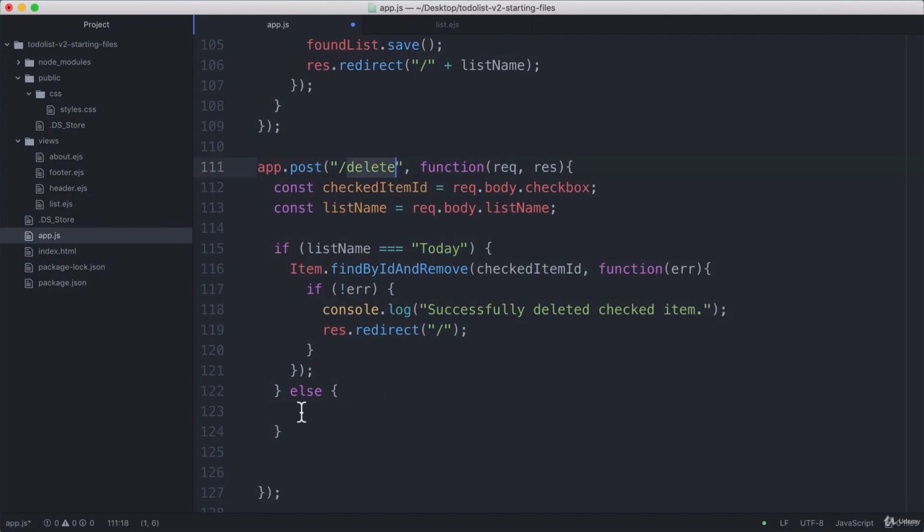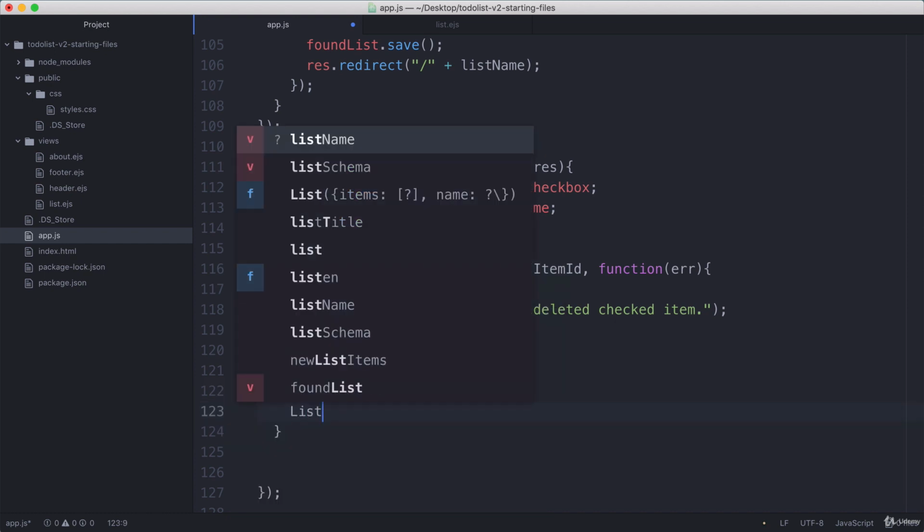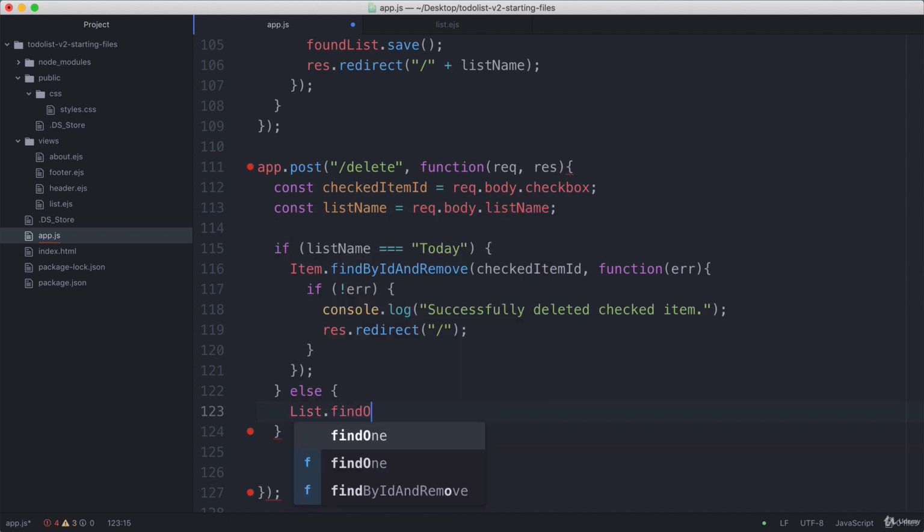Inside our delete route and inside this else block where we've checked that the list that the delete request came from is not our default list, we're going to tap into our list model and we're going to call findOneAndUpdate. And just make sure you don't have any typos in there. And then we have to specify three things, right? The first is the condition. So which list do you want to find? And we're only going to get one back. Remember, this is how findOne works. The second thing is what updates do we want to make? And the last thing